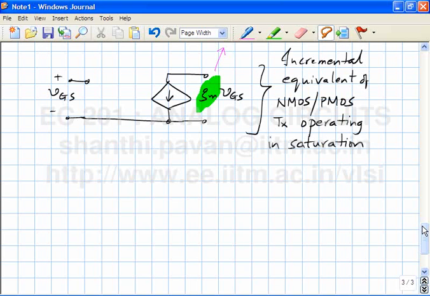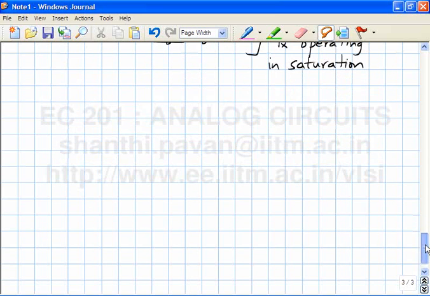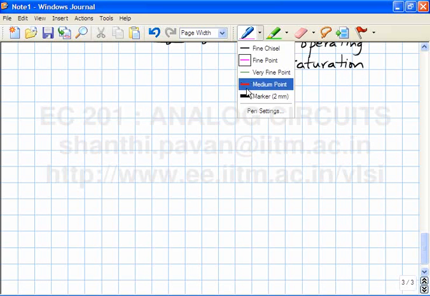We used it to make a whole bunch of controlled sources where if GM tended to infinity, the properties of these controlled sources would all tend to the corresponding ideal properties that such a controlled source is supposed to have. So when you built a voltage controlled voltage source, you would get, if GM tended to infinity, an input impedance equal to infinity, an output impedance equal to 0 and a voltage gain equal to 1. So what we did for the NMOS case, we can easily do for the PMOS case, which I will quickly finish now.